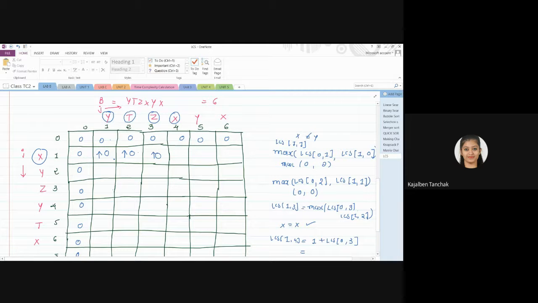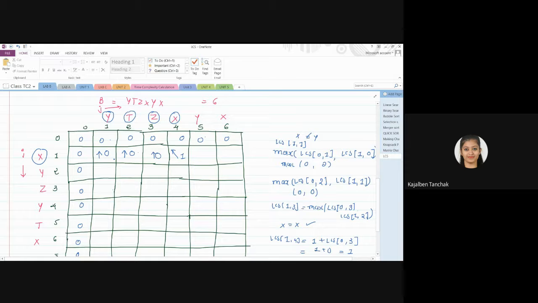Previous column. Here it is 4. At 3, what is the value? 0. 0 plus 1, it will be 1. So where is this 1 coming from? In this 0 we did what? We added 1, that is why we got 1 here. Right? So what you will do is you will use cross arrow and this 1 we are getting from this 0.